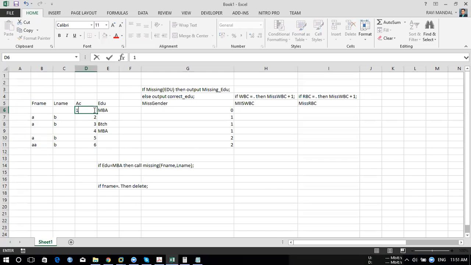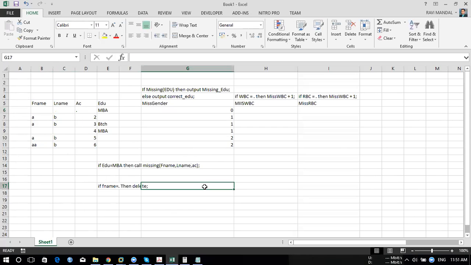So earlier the data was like this, correct? So with the help of this, we are trying to make missing values for all these three variables. Let's say nothing but your something called AC also, account number. Getting it? So my impact should affect these three variables. Correct? So what will happen for this, as this is a numeric, so numeric will be represented by dot, and this will be represented by blank, and this will be blank. Correct?